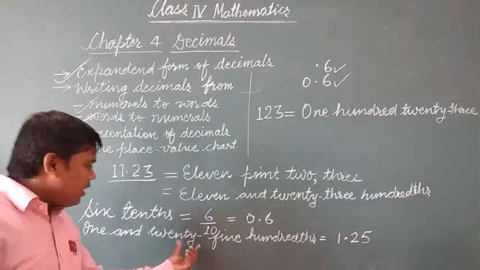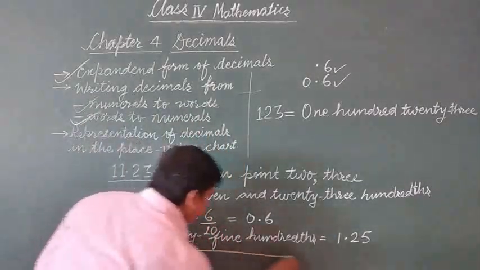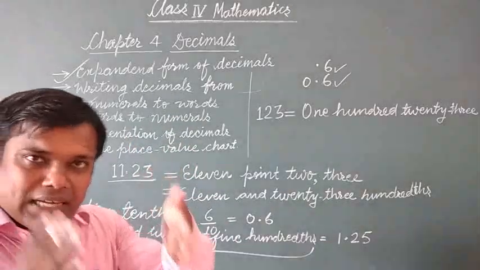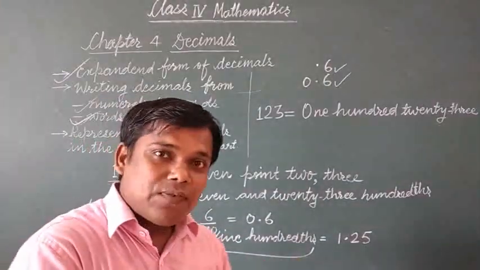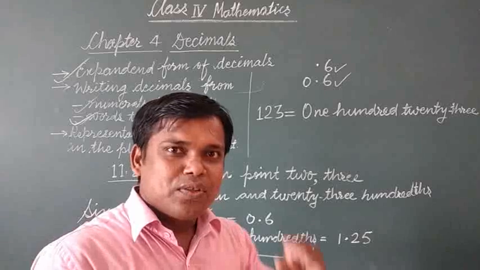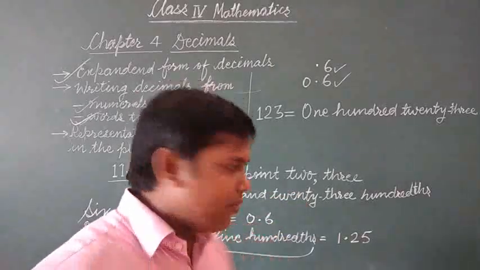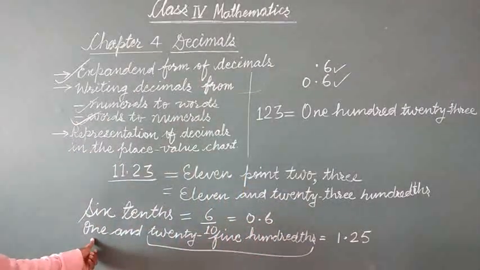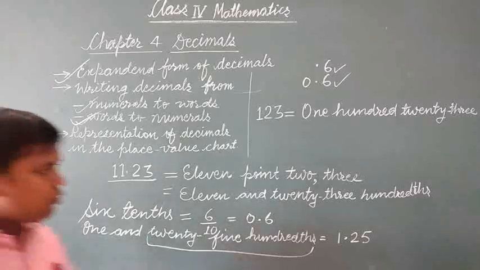As in 25 hundredths, it means 25 by 100. And 25 by 100 can be written in decimal as 0.25. And 1 is also given. So 1 is the whole part. So we can write it